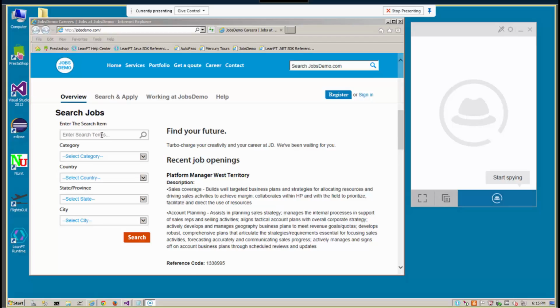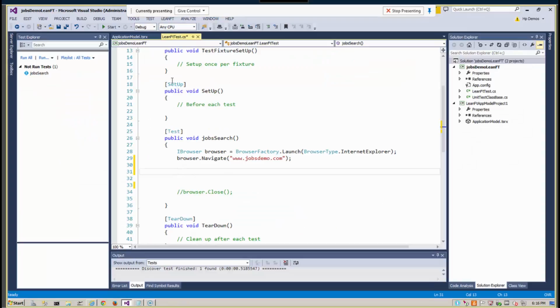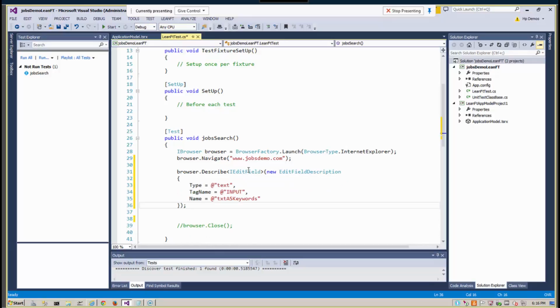and I click on this little text box here, then it shows me a list of all the properties and attributes, and LeanFT actually says, based on looking at the code, we can see that these are going to be the most popular attributes because the developer has properly tagged them, and this is what we want to use to identify the object. So if I mouse over here, it says Generate Code to Clipboard. I click on that, navigate back over to Visual Studio, and press Control V to paste it. So basically it creates the descriptive programming syntax for me,